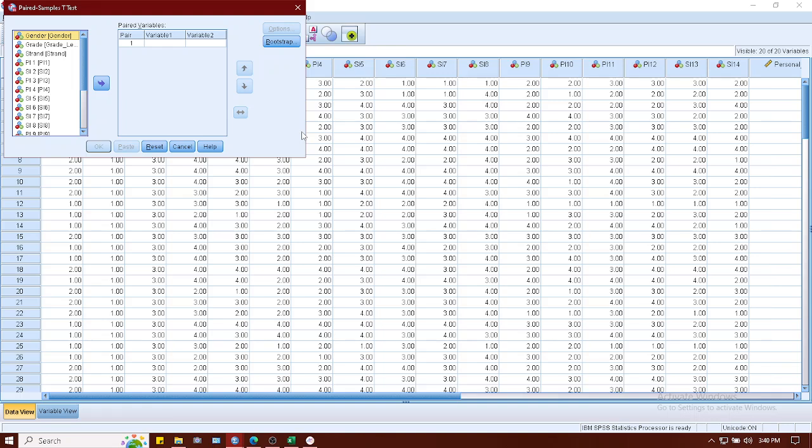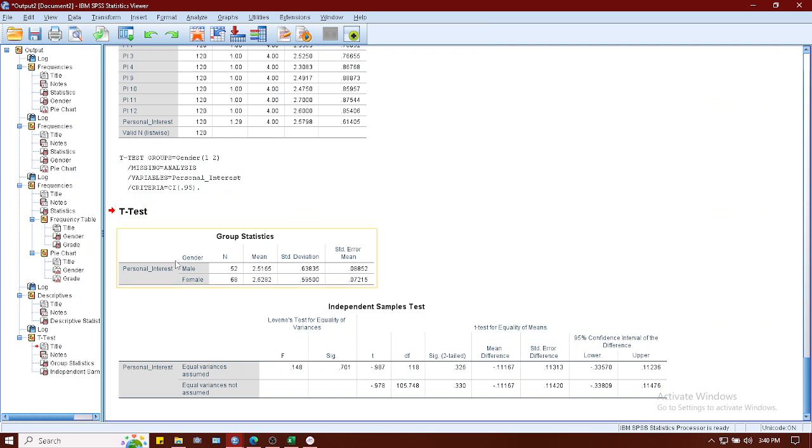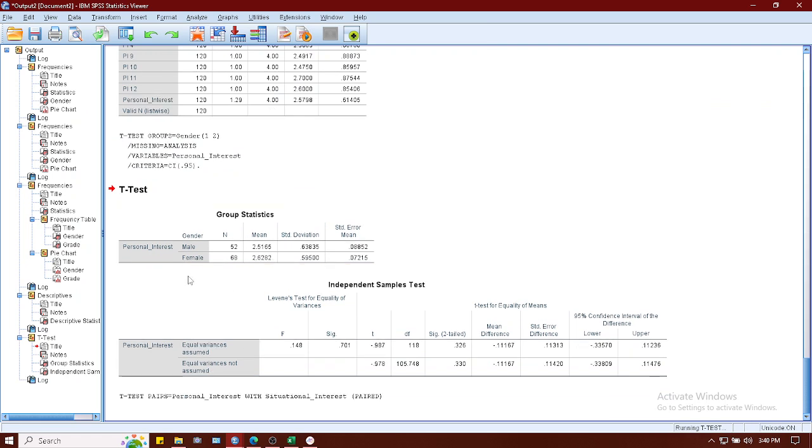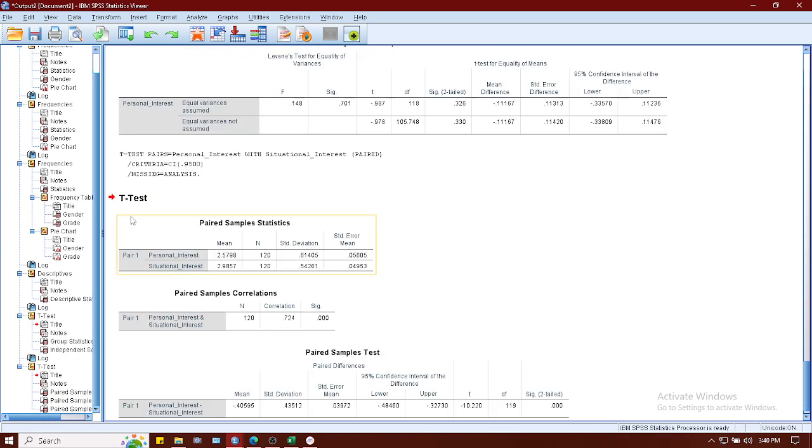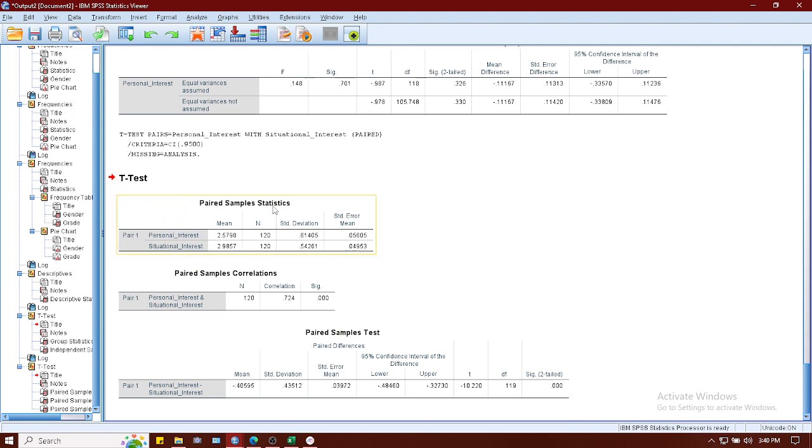So we treat this as one group, the group of respondents, and then we compare their personal interests and their situational interests. Okay, so personal interest, situational interest. Then click OK. So it's still a t-test, but now we have the paired sample t-test.